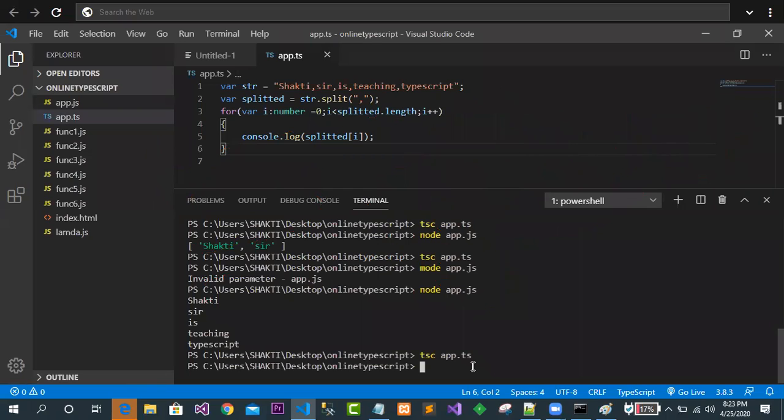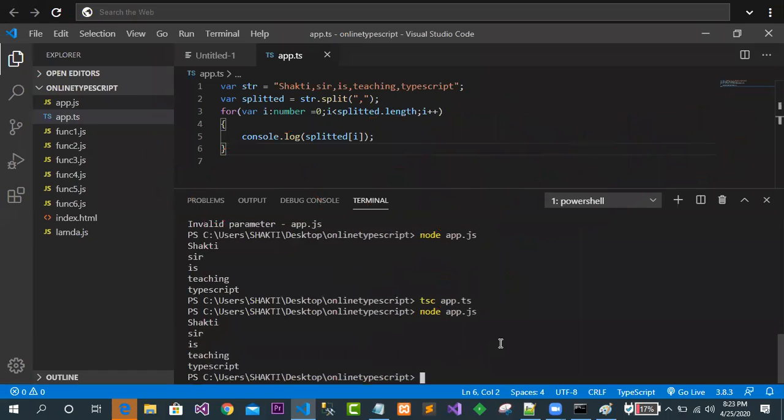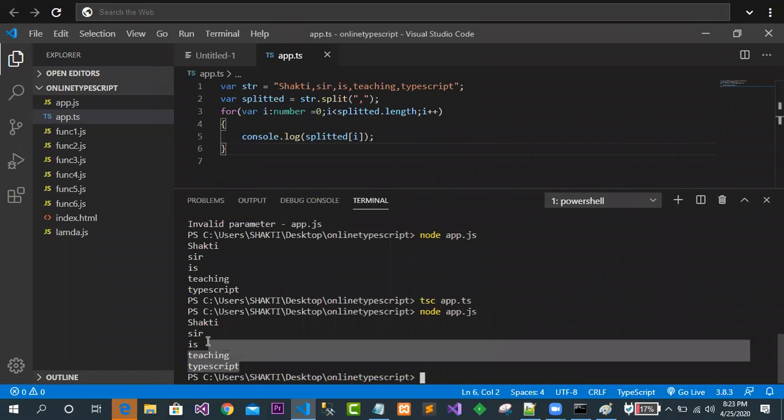Just try to observe here. Then node app.js. Now I'm getting the same output.